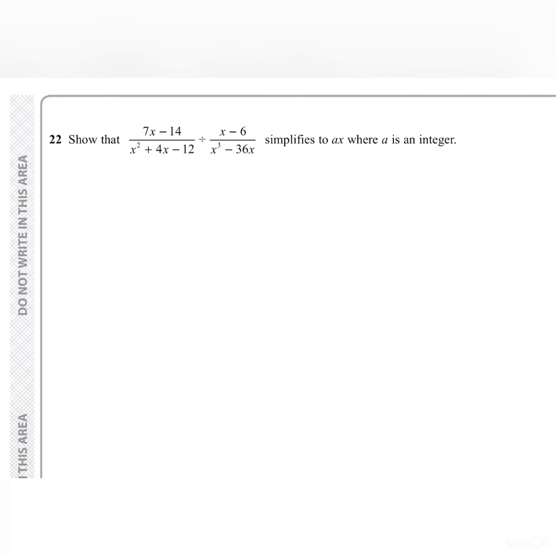Okay, question number 22. We are given algebraic fractions, and it's a division of these algebraic fractions, and it says show that it simplifies to ax where a is an integer. Whenever you're trying to simplify this, look to factorize and see also if you can multiply them rather than dividing. So if we leave the first fraction as it is, we've got x squared plus 4x minus 12,